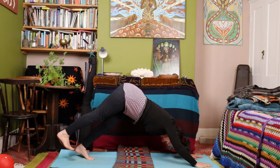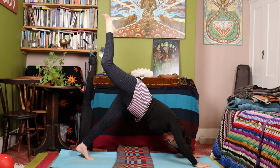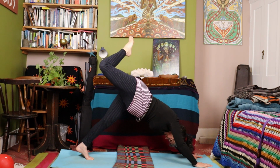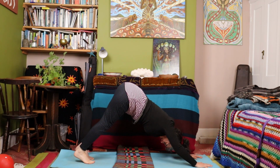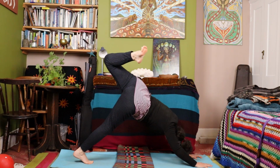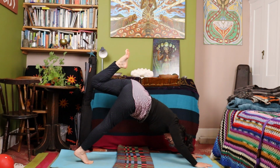Or you can raise one leg. I'm doing the right leg here. And then I'm going to bend it, take it kind of behind me and look up under the armpit. Coming back round, dropping that leg down, and I'm just going to do the same thing on the other side. So raising the other foot up, bending it over behind me, looking up under that armpit. Coming back round,